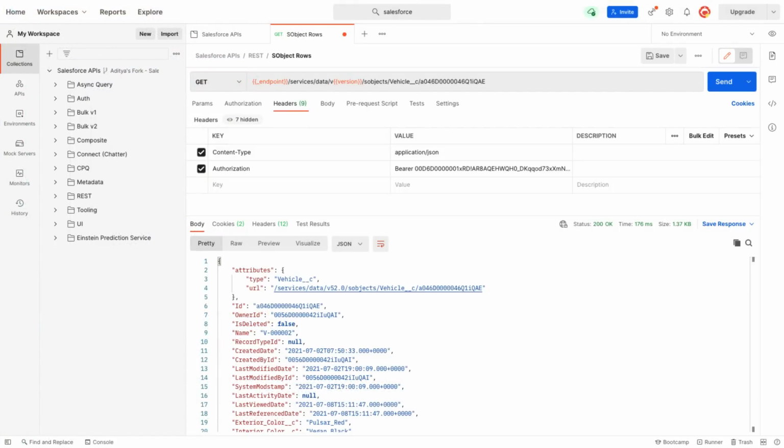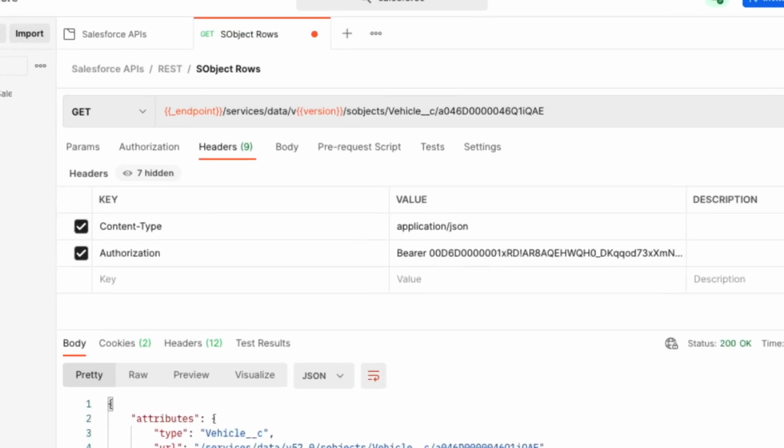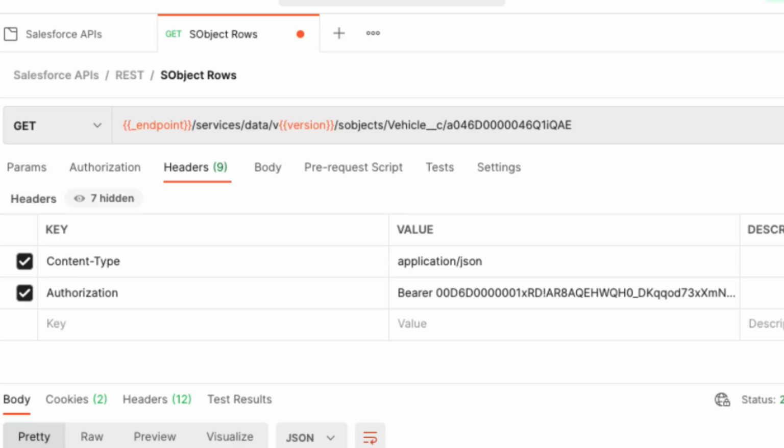Now, did you know that Salesforce has a ton of APIs that let you interact with data and metadata? In fact, every time you create an object, you can interact with it using APIs. So here is an example. I'm in Postman where I'm querying the vehicle data using a Salesforce API. So I haven't created this endpoint manually or enabled a setting or something like that. The moment I created an object, I'm able to access that object using this endpoint.